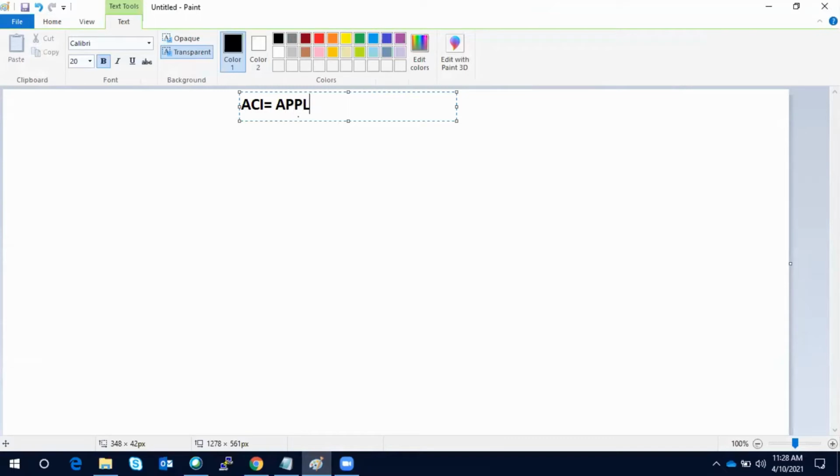So ACI is Application Policy Infrastructure. Let me write down the complete name. ACI is application policy infrastructure. Why application? I mean, this is networking, right? We have leaf and spine switches, the 9500 switches and 9300 switches. These are networking components. Many of you will think, why is it named Application Policy Infrastructure Controller? So let me give you the background.